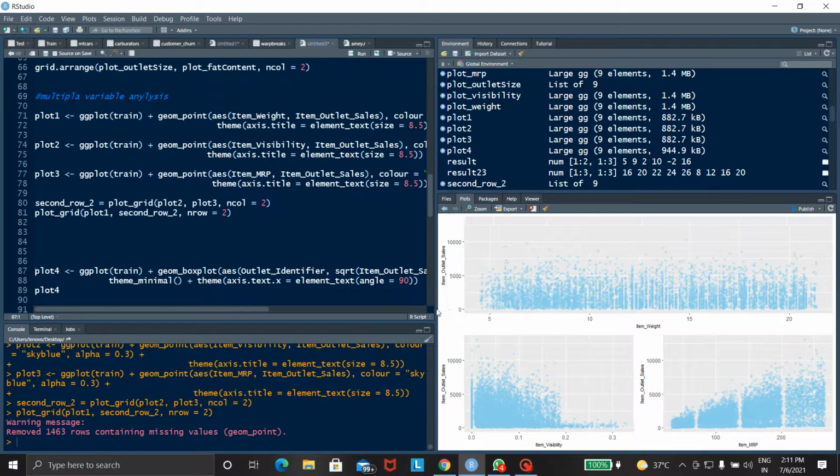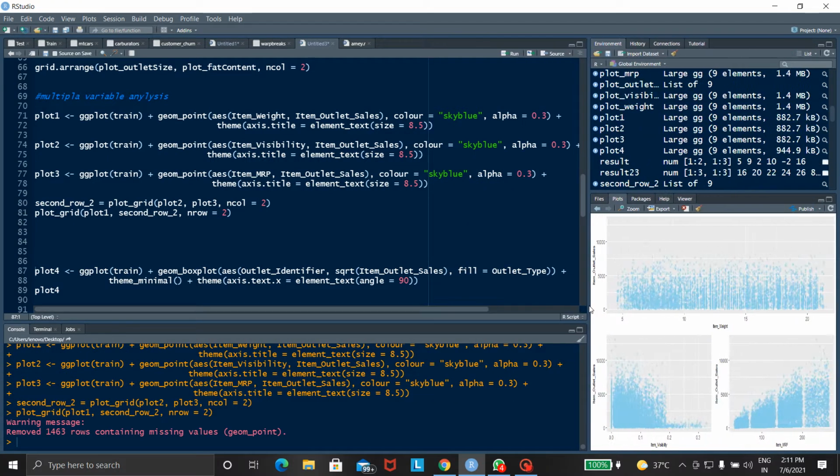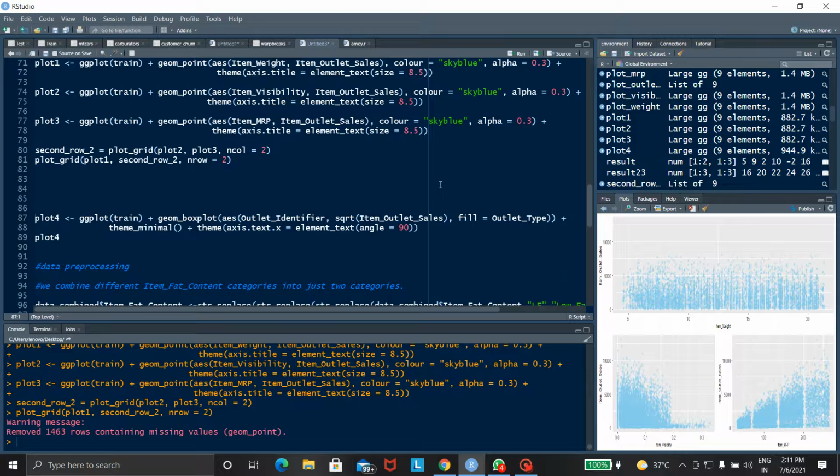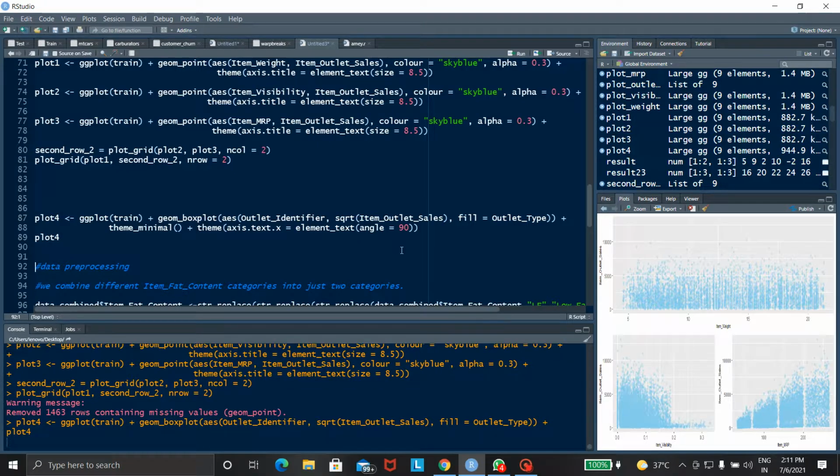Then next we analyze the box plot. Using a box plot we can analyze the data. Let's see how it looks.